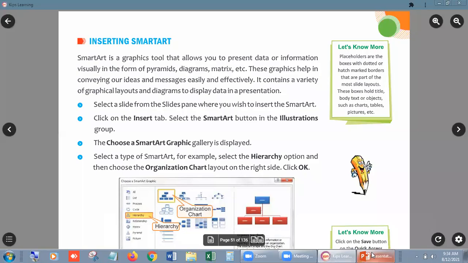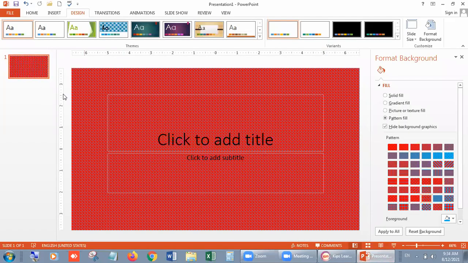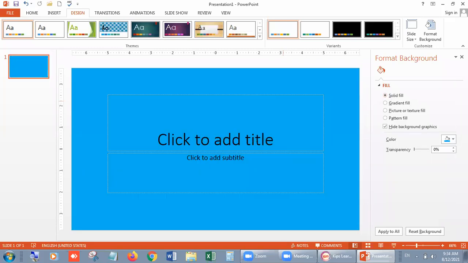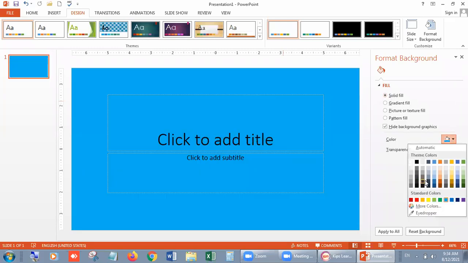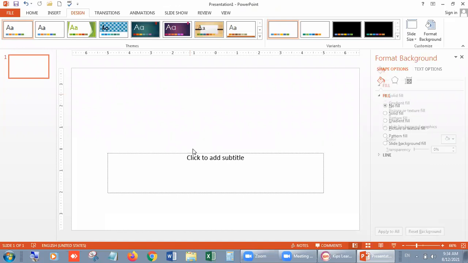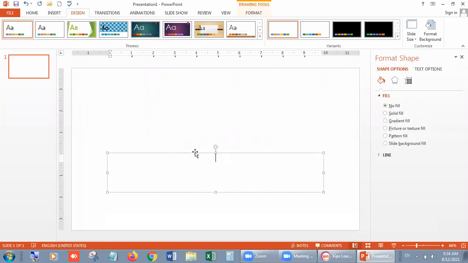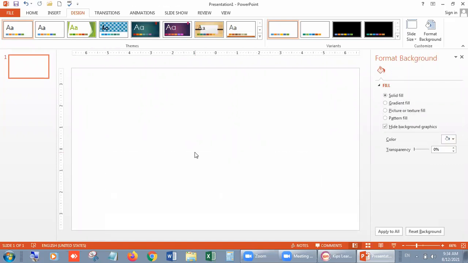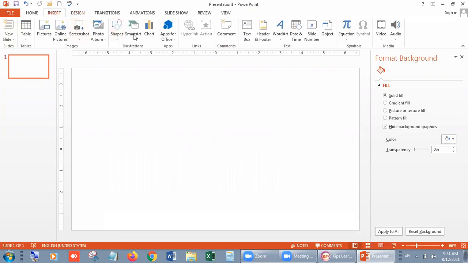Let me move to PowerPoint, and I am taking a solid color so that you can understand it very easily. I am taking white color. Okay, so let me delete it. Click on its border, and after clicking inside, delete. Look, the Insert option. Now I'm going to SmartArt. It is in the Illustration